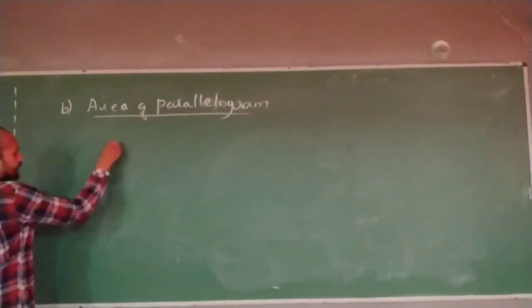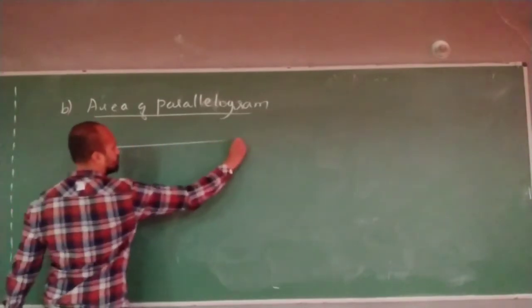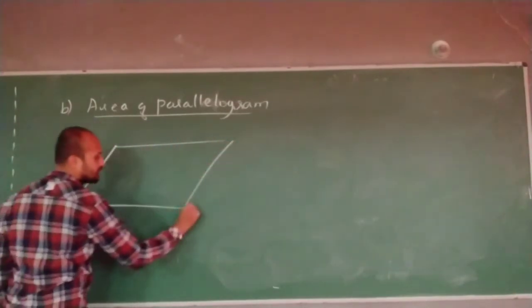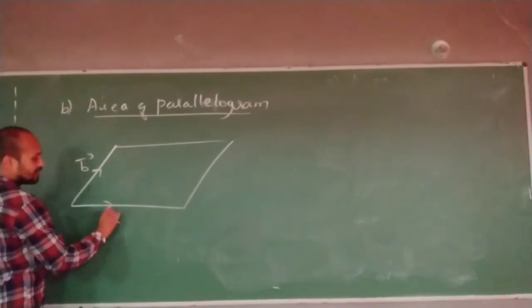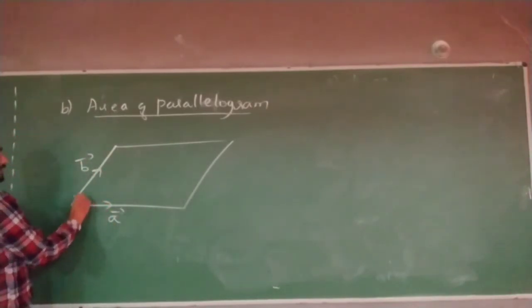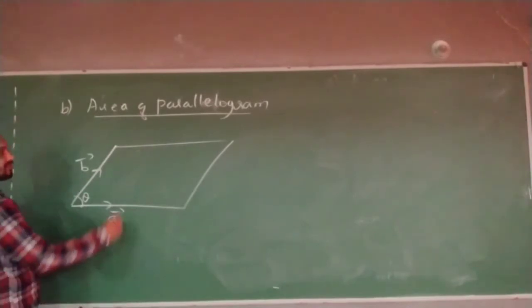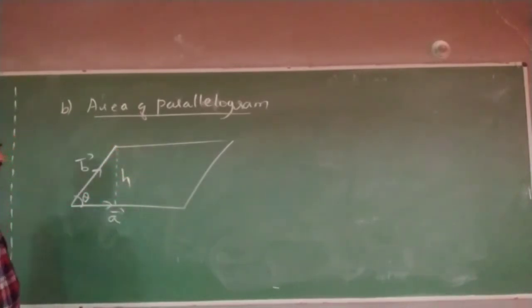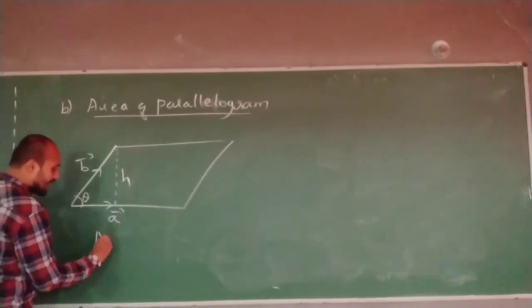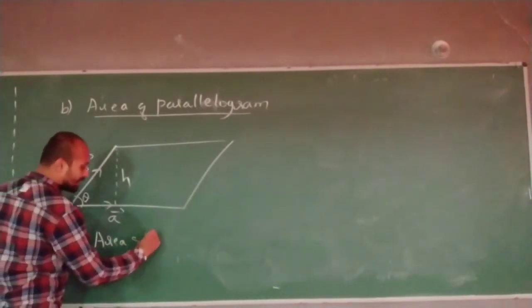So, let us take one parallelogram. Already you are familiar with the parallelogram law of vectors. Let us take this as B vector and this as A vector. Now, the angle between these two vectors is theta. If I extend this line, this is the height of the parallelogram. So the area of the parallelogram